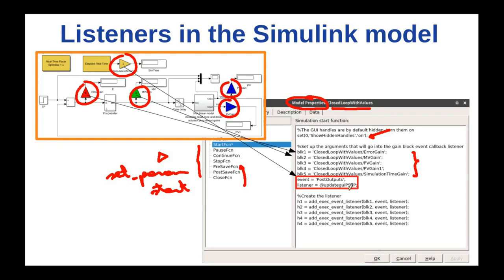Then we will define what's the event. The event will be to post the outputs. That means that a block of this kind, this gain block, has an input and an output. This is so simple. The gain is 1. So what I have here is at the end what I will have here. So that's why the event will be to post the outputs. So the outputs of every gain block I have